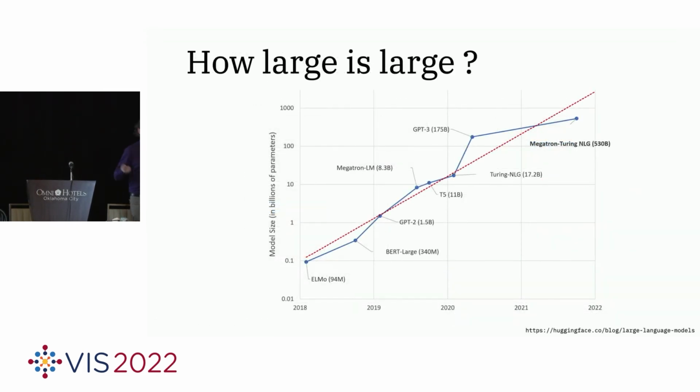This is the slide that you can never miss in a talk like this. What does large actually mean? You see essentially the Moore's law of NLP models here. Every year you have a 5 to 10-fold increase in the number of parameters these models are trained on, which also leads to the effect that they do not only learn general rules about NLP or linguistics, they also start to memorize more and more world knowledge, depending on what they were trained on.